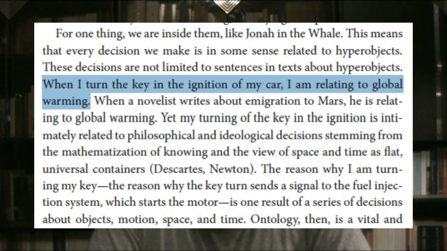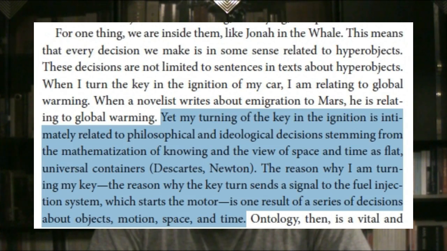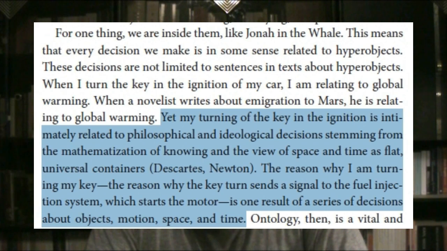When I turn the key in the ignition of my car, I am relating to global warming. Yet my turning of the key in the ignition is intimately related to philosophical and ideological decisions stemming from the mathematization of knowing and the view of space and time as flat universal containers. So this is Descartes and Newton. The reason why the key transcends